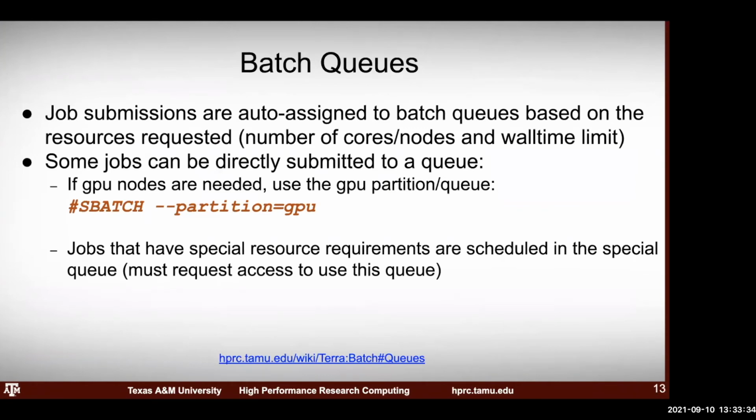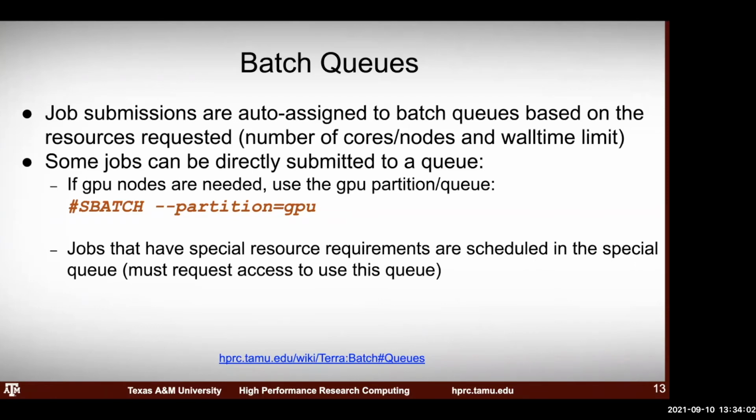Okay, batch queues. Job submissions are auto-assigned to batch queues based on the resources requested. The resources requested being the number of cores and the wall time. So the queues are organized basically by how long your job's going to run for. For example, on Grace, the short queue has a limit of like 1.5 hours. So if your job runs for longer than 1.5 hours, it's going to get placed in a bigger queue for